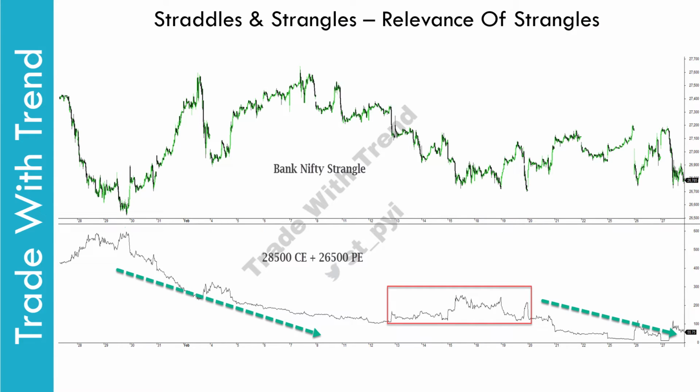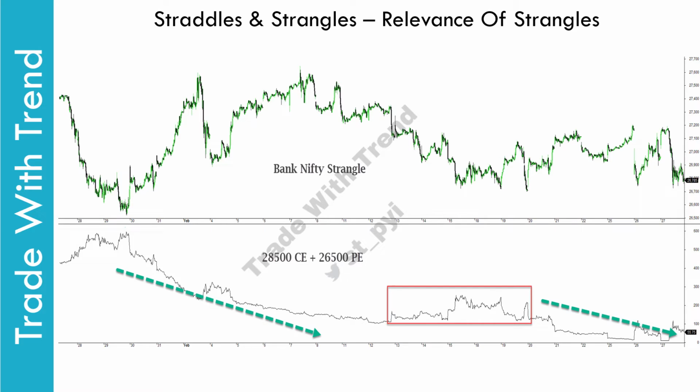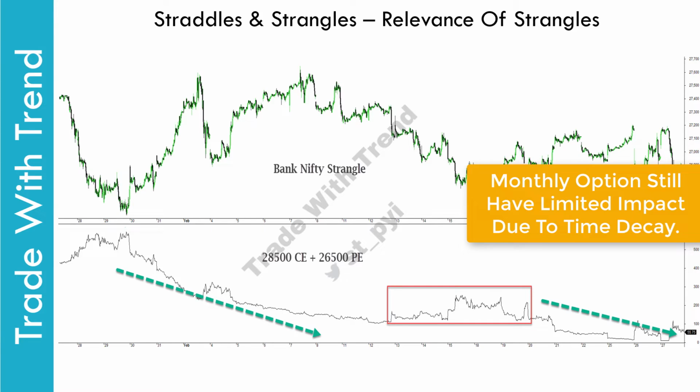If you are more of a positional trader, then you should prefer strangles and you should prefer it in the first week of the series. Always remember that strangle should be created out of monthly options only. This way you can control risk better. With monthly options, you still have time at your side and hence premium decay is limited when you compare it with weekly options. This is to be used when you want to participate in stock or index on a positional